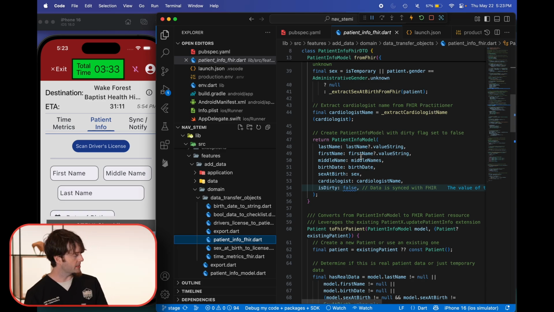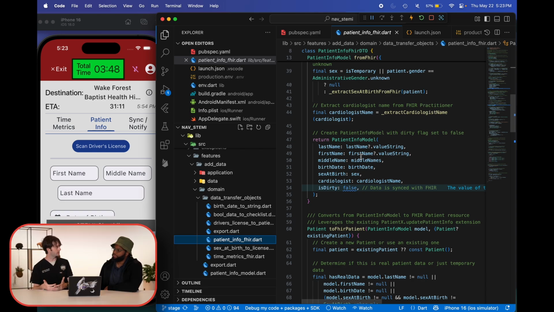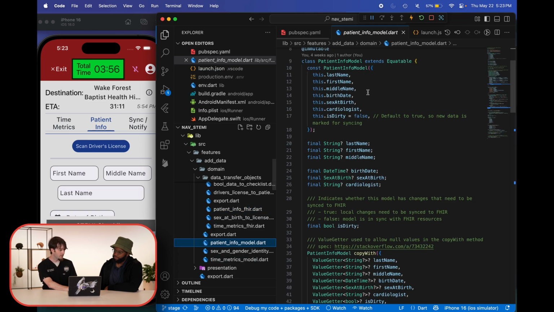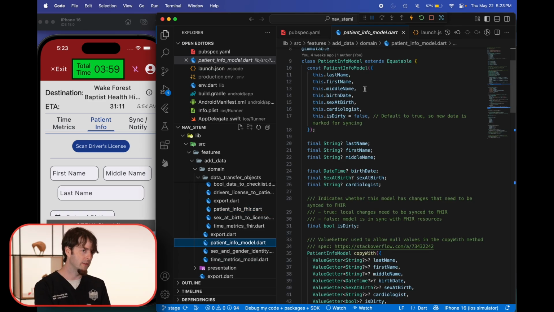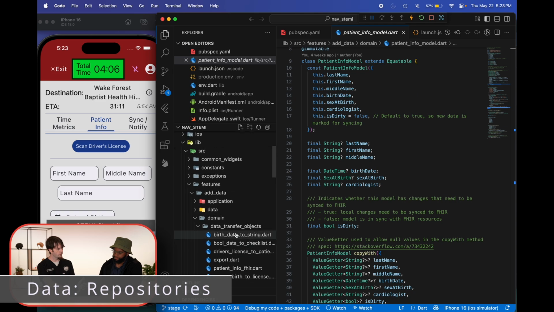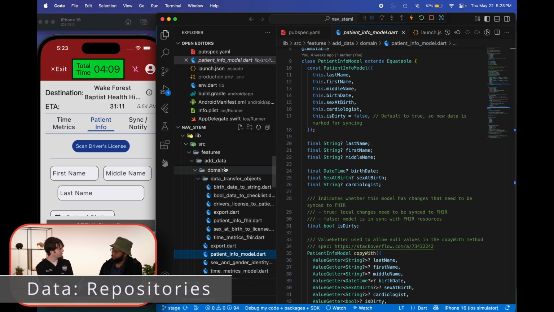So we've done our best to take all of the nuance and complexities of FHIR to first make it fully serialized so that you can see the classes that are represented here. And second, to have these data transfer objects to make your life as easy as possible as you are harnessing what otherwise would sound like a really simple thing. All you need is last name, first name, middle name, right? Well, it's not as simple as that if you want to be able to exchange this data in an interoperable fashion. I think that's a great part for the data transfer as well as the domain.